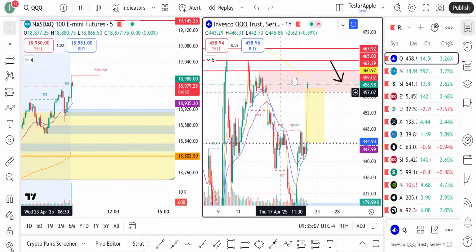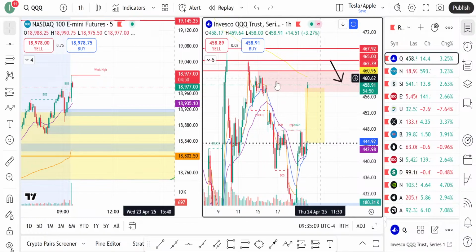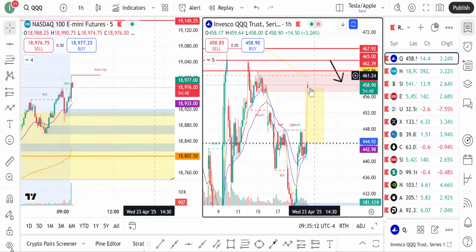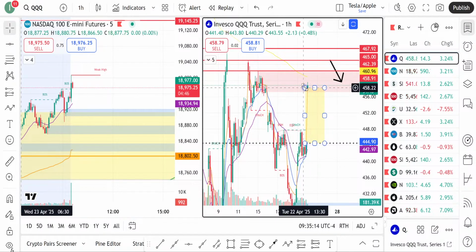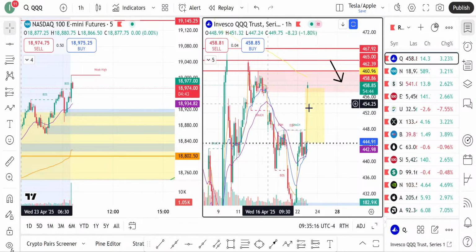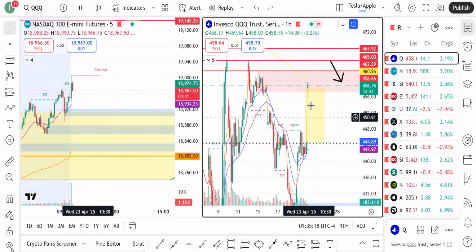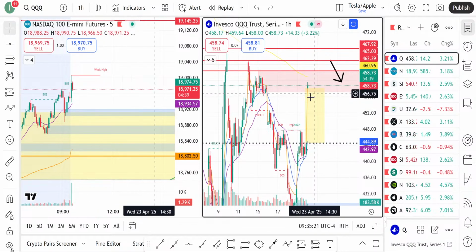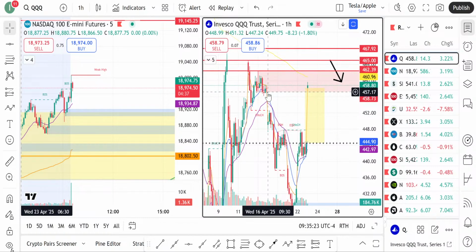Now that I'm getting a look here at the QQQs, I'm seeing that this actually has the potential to make a pretty big move down, because we not only have a gap here from last night to today, but we also have a gap here from